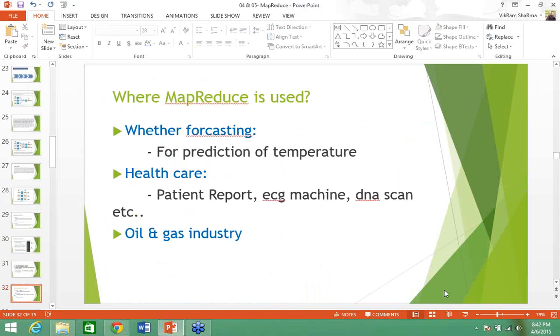So weather forecasting uses the concept of MapReduce. Second is healthcare, because nowadays a lot of data is generated from the healthcare department also. Then we have ONGC, the oil and gas industry, that is also using